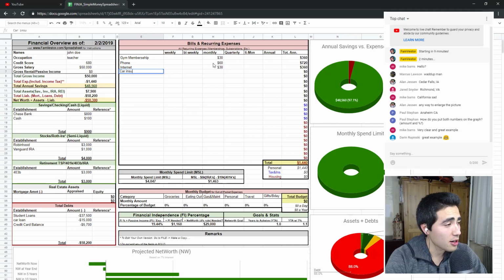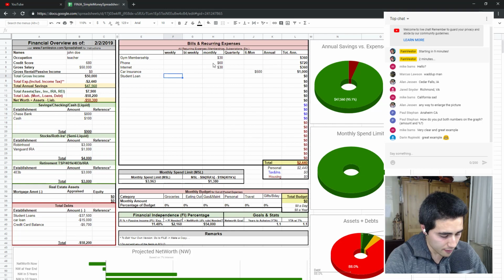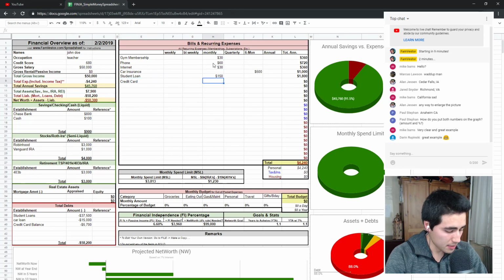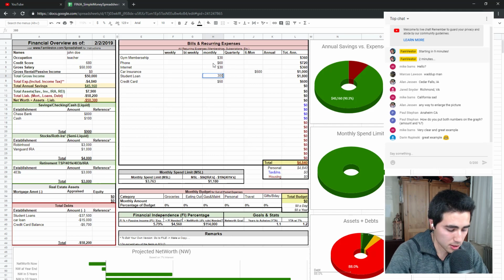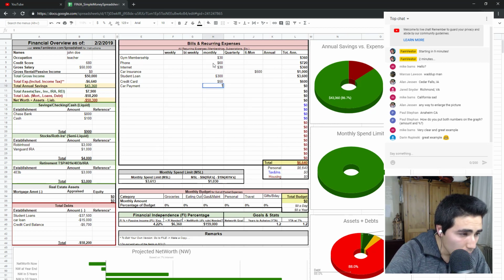And then he has that car, so he has to pay car insurance. And because he has a payment on it, he has to pay more than just liability. So he's paying $500, which maybe is good. And then let's say the student loan payment of maybe $150 a month. And then credit card interest payment of maybe $300. I don't know. Yeah, let's put 50 here, and let's put $300 for that big student loan payment. And we forgot car payment. That'll be maybe $150. So you can kind of quickly see,